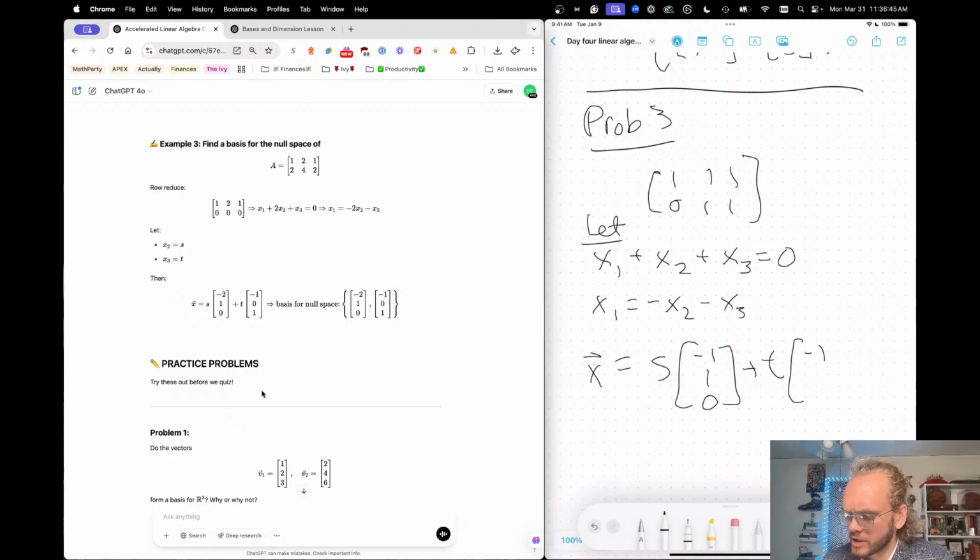That's because I have this for the x sub 1. The x sub 2 is 0. The x sub 3 is 1, since that's t. Okay, so therefore the basis for the null space would be